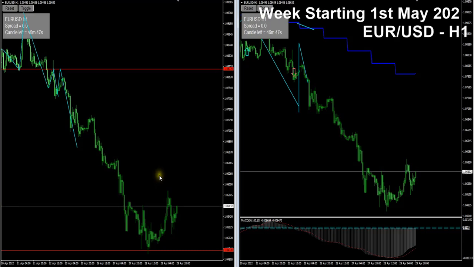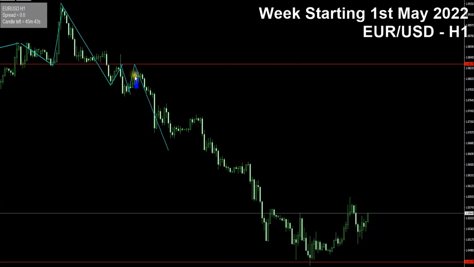It's the 29th of April 2022 and we're looking at the EURUSD as normal with both price action and our MT4 indicator. So let's look at the two options. Let's see what the markets have done this week and what we might expect for next week. As normal, this blue rectangle represents the week that we've just had and what it is about to end